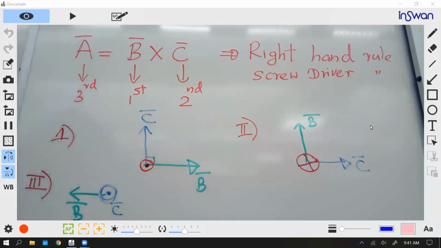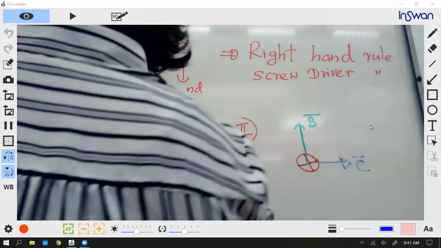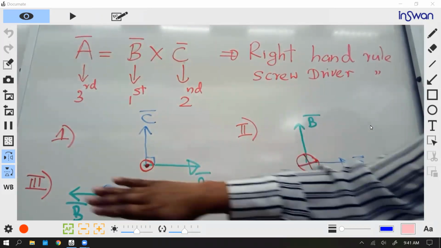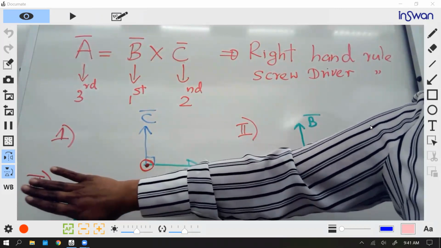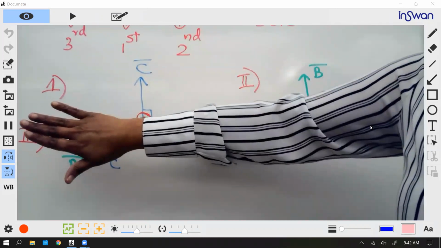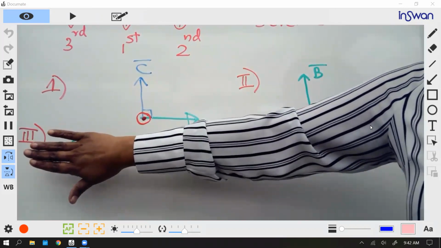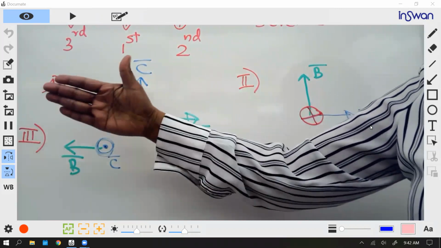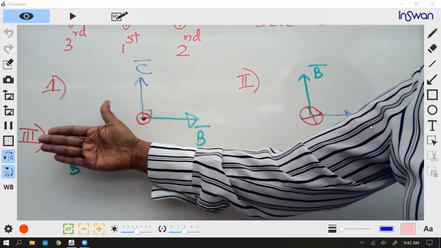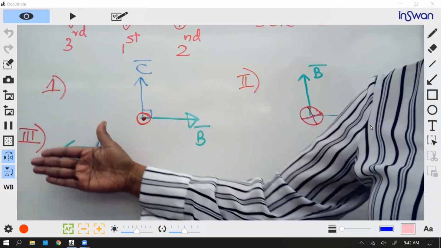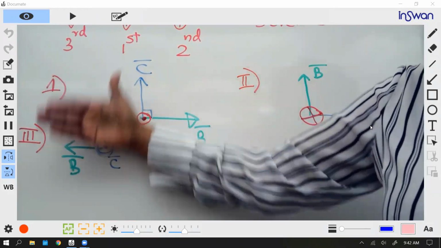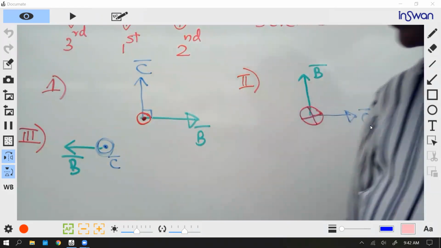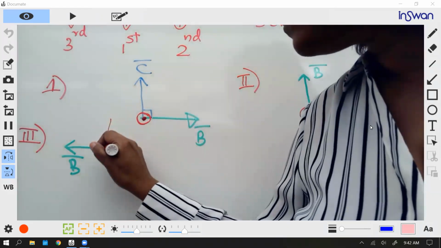So now I need to find the vector A direction. What you're going to do is point your fingers towards vector B first, right? Towards B will be like this. But my C vector seems to go into the board, and that's not what I need. What I need is to make the C vector outside of the board. That means I need to keep my hand like this. Now check your direction again. My B vector this way is correct, and my C vector should be pointing out. So now it is correct. Now my thumb will be pointing upward.